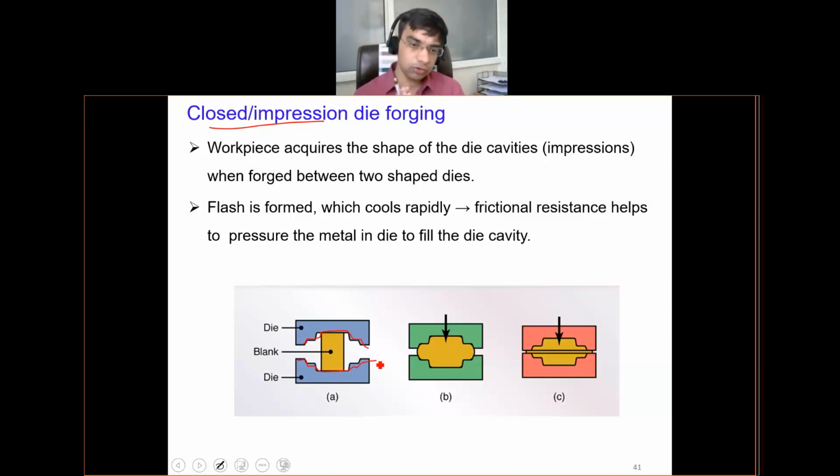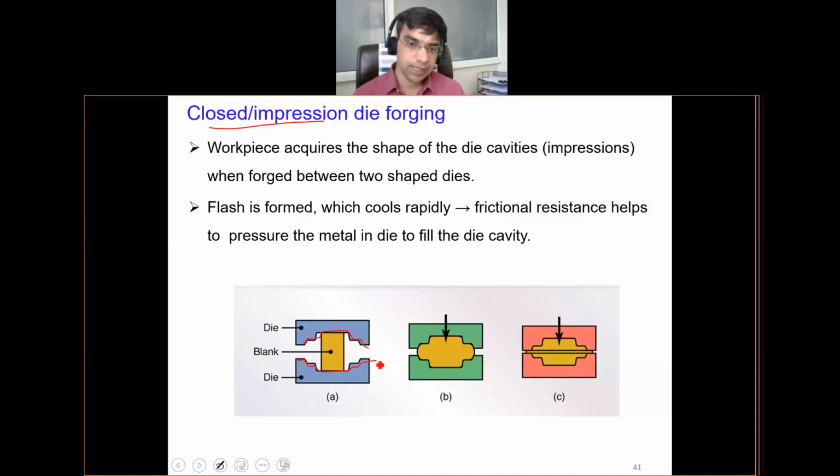So if you have gone through the video which I have uploaded about how to make a spanner, you will observe that it is done under closed die forging. So you have a heated blank, you put it in the die and you apply compressive force. Under the application of compressive force, the material will yield and flow. And when it flows under the plastic deformation, it will basically take the shape of the die. So in this case, you are just replicating the shape of the die on the product.